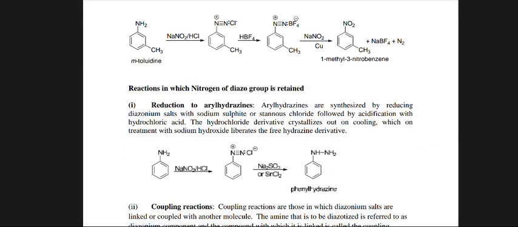Reactions in which nitrogen of diazo group is retained. Reduction to aryl hydrazines. Aryl hydrazines are synthesized by reducing diazonium salts with sodium sulfite or stannous chloride followed by acidification with hydrochloric acid. The hydrochloride derivative crystallizes out on cooling, which on treatment with sodium hydroxide liberates the free